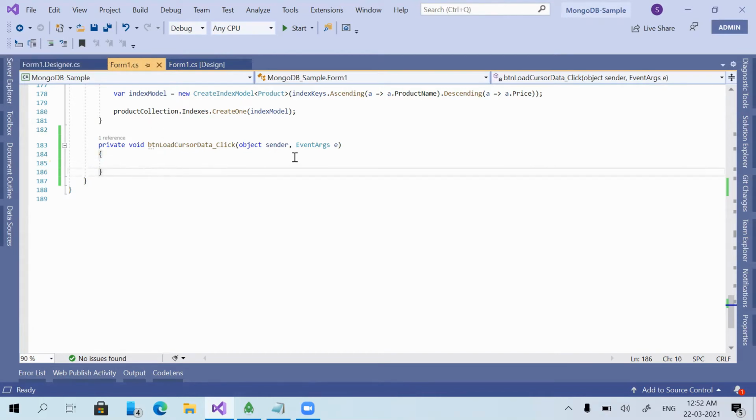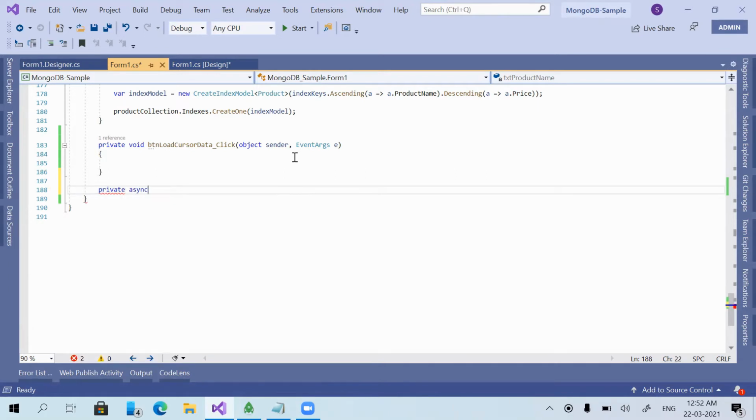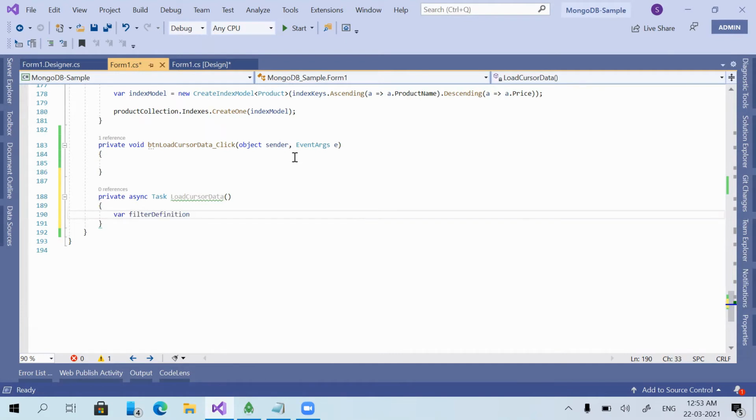For showing the demo, I am creating an asynchronous method: private async Task, and I'm naming it LoadCursorData. I'm declaring a filter definition, which we use for a normal find command.